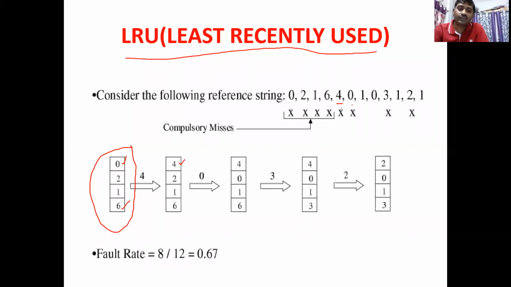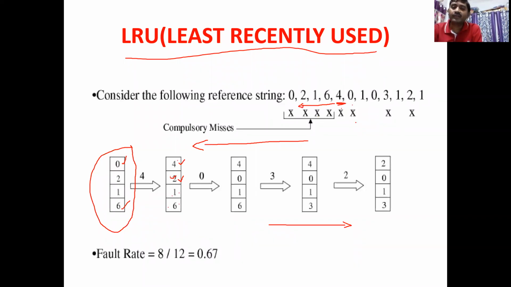The next one, 0, has to come in. 0 has to be in means this is contained. So which is least recent again? This 2 is least recent, because this one is very recent, and before that, and before that. So this one has to be replaced. So in this way the least recently used algorithm works, which means it is looking backward from these 4. It is looking backward to see which is least recently used. That is what least recently used means.